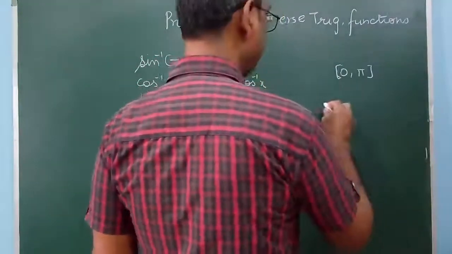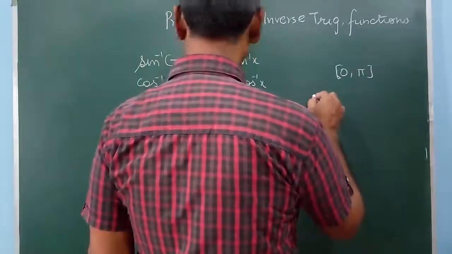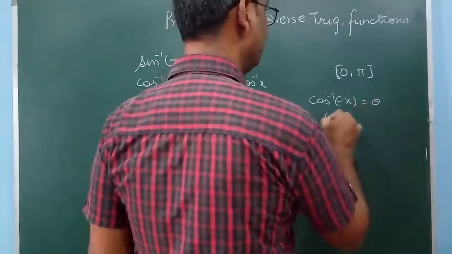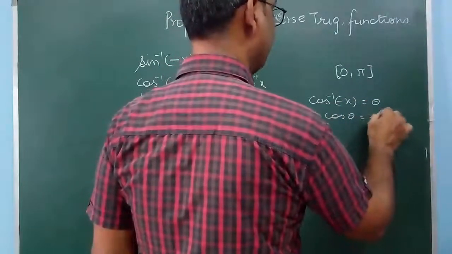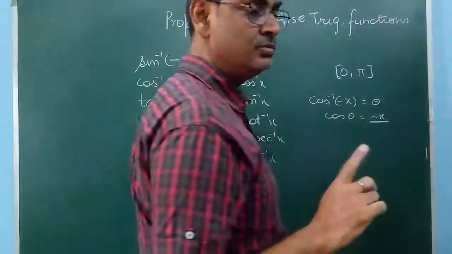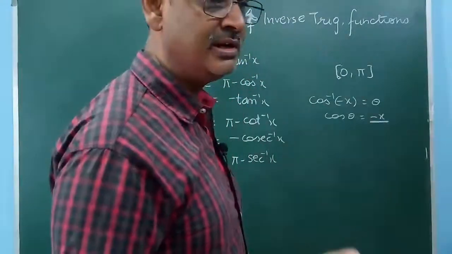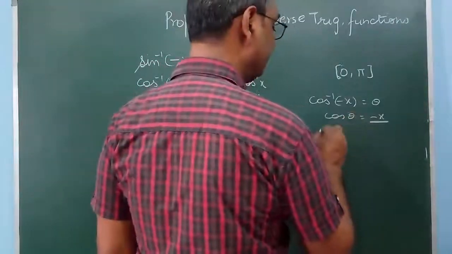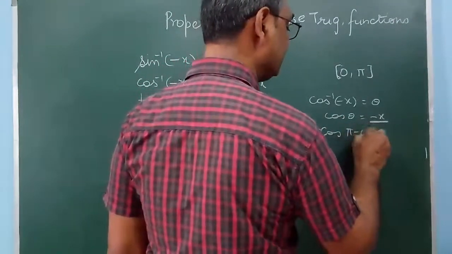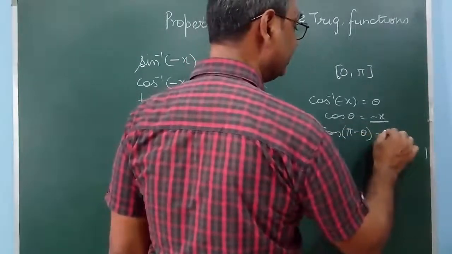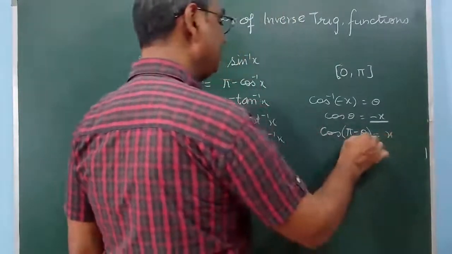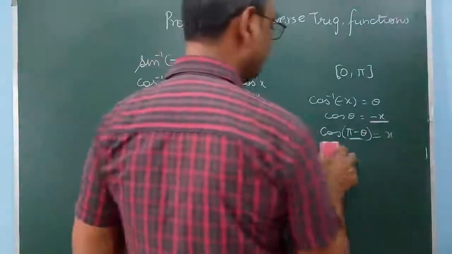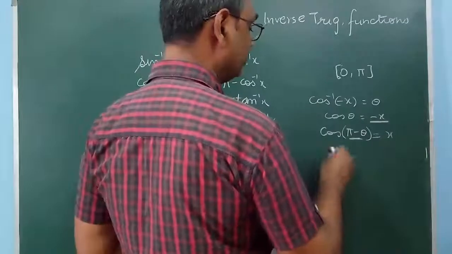So when we put it here, let cos inverse of minus x equal to theta, so cos theta equal to minus x. Minus comes in two quadrants: cos is negative in the second quadrant and the third quadrant. So to have it in the second quadrant, we can write cos of pi minus theta, this will become minus cos theta and equal to x. So here we will be taking pi minus cos inverse x, because here cos you can take to the other side.